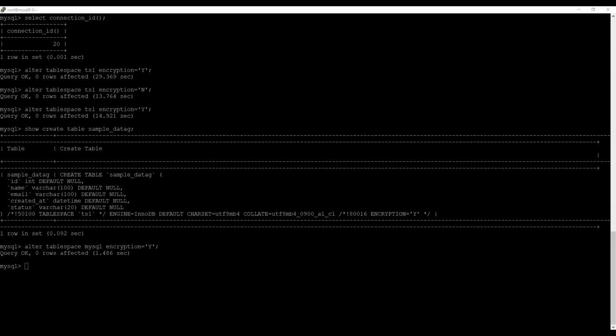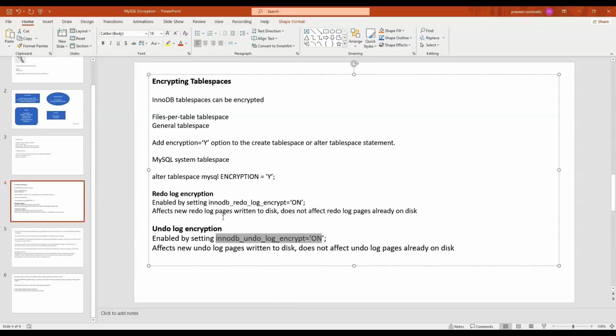To encrypt the undo and the redo, we can set these variables. For the redo, innodb_redo_log_encrypt is equal to on, and for the undo, innodb_undo_log_encrypt is equal to on. Once we set them, from that time any undo or redo that is generated will be encrypted. And if there is any undo or redo that was generated before we set them, it will remain in unencrypted format. Also, once we run them, the undo data and the redo data will be encrypted using the tablespace encryption key,